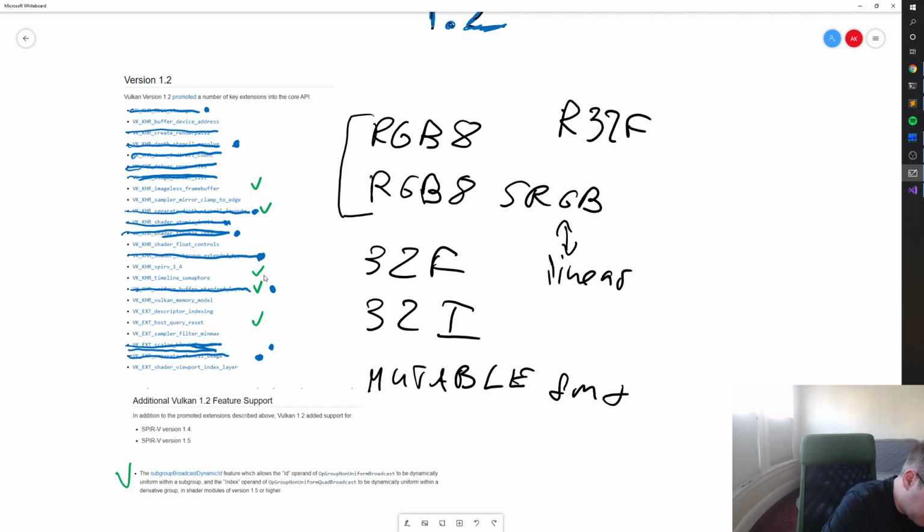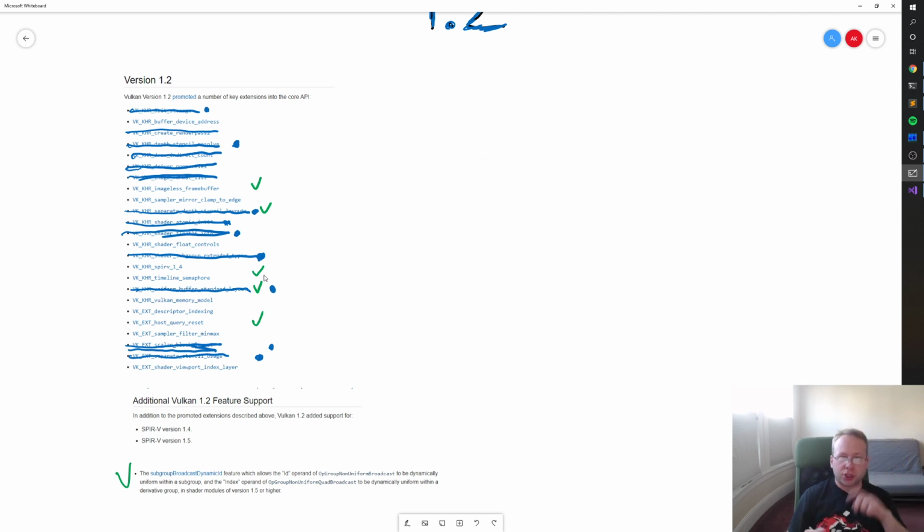Because if this feature is absent, you can choose to just create the images with mutable format and just not specify the format list. And it might be slower on some hardware, but this hardware doesn't implement this extension, so I guess it should suffer, right? Some other features are really hard to handle the absence of, because your core rendering algorithm relies on something like Bindless, and what are you gonna do if it's absent, write a second renderer? I mean, you could, but it's a lot of work. All right,